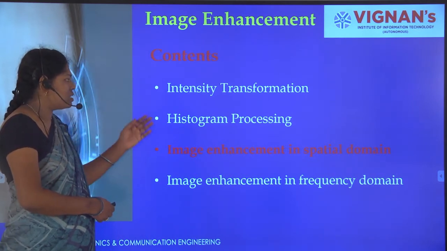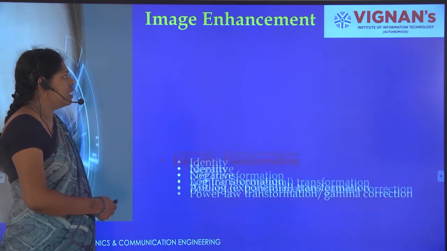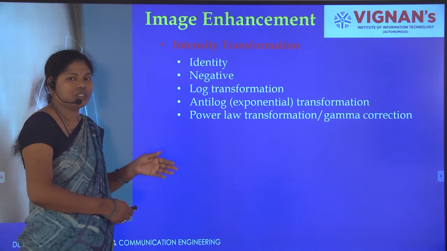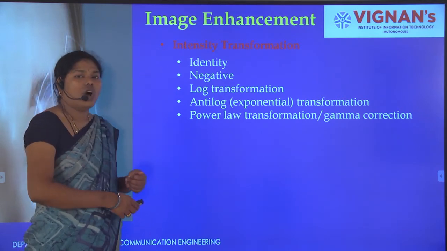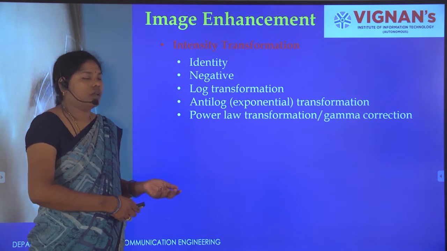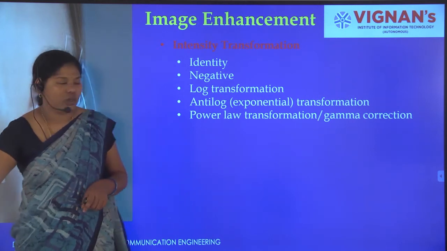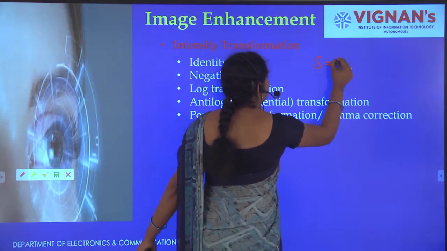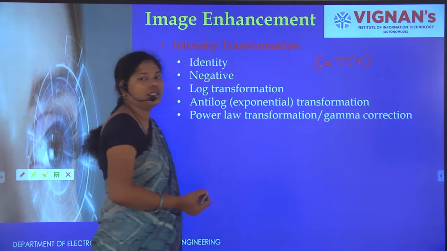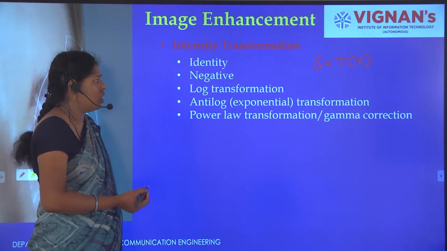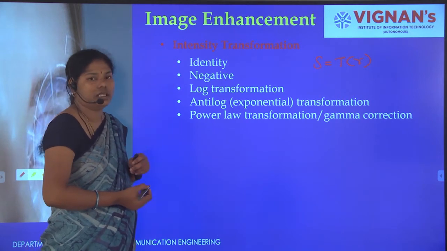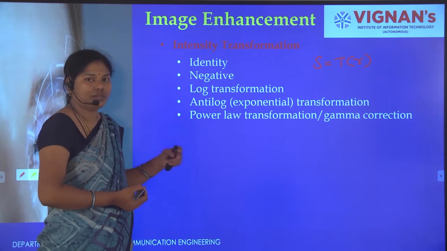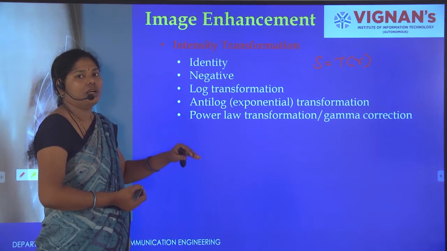Now see what are the last topics we discussed. Under the image enhancement, intensity transformation, we have different types of intensity transformations. The first method is identity, that is output is equivalent to the input. Now here we are representing in terms of T and S. S is nothing but T of R, where R is the input intensity levels and S is the output intensity levels. For identity, it is equal. R and S are both equal. In negative, that is completely reverse, that is maximum minus input level.